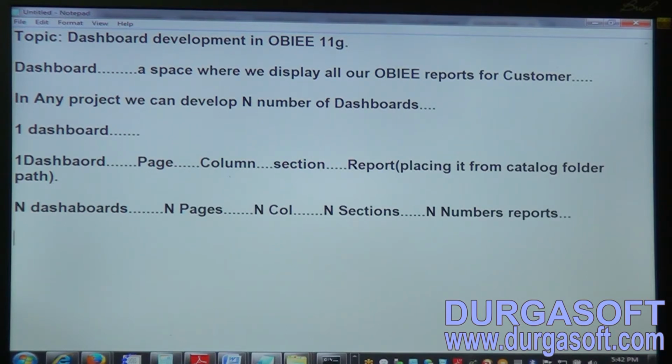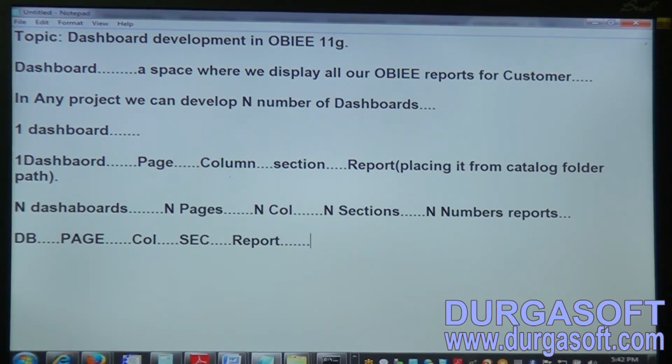Like this, if we want to display one report, we'll have a dashboard, on that a page, on that a column, under that column a section, and under that section we'll display a report. This is how it will work in real time.